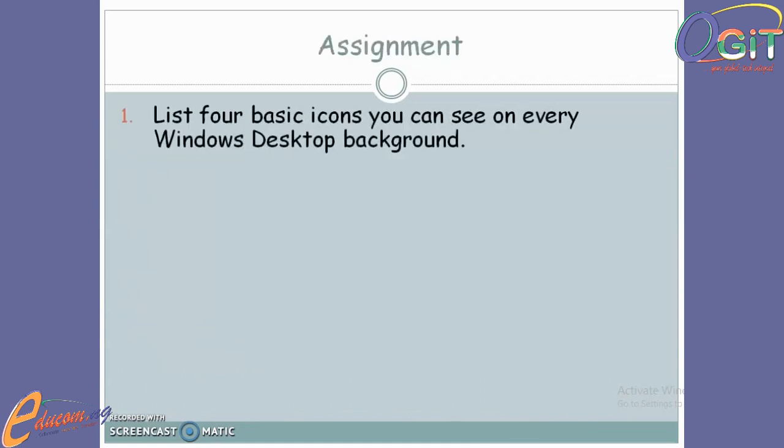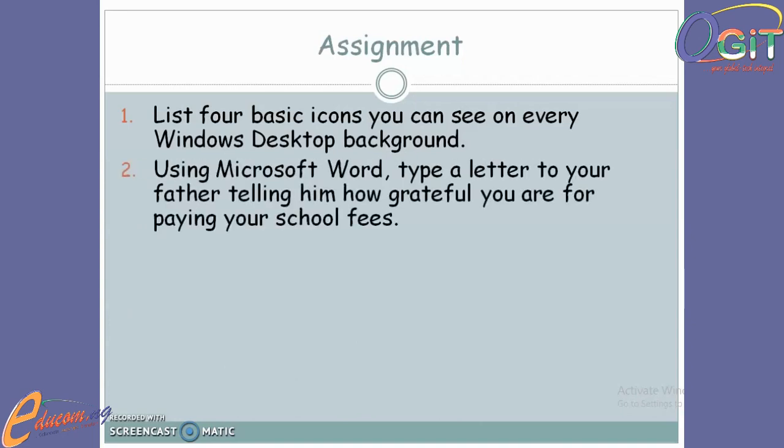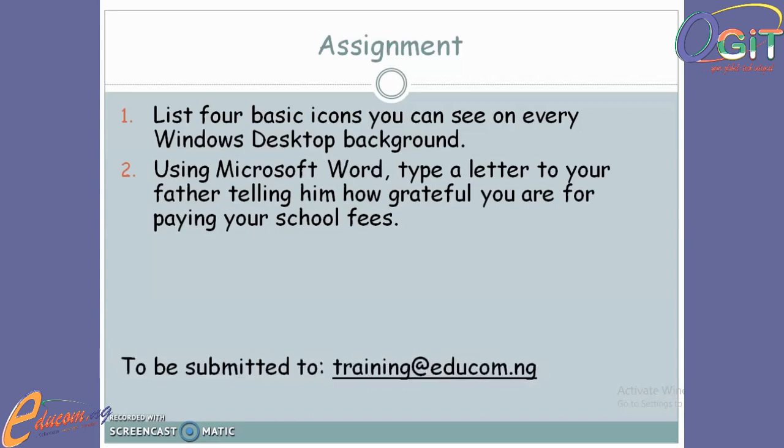Assignment. 1. List 4 basic icons you can see on every Windows desktop background. 2. Using Microsoft Word, type a letter to your father telling him how grateful you are for paying your school fees. The assignment is to be submitted to